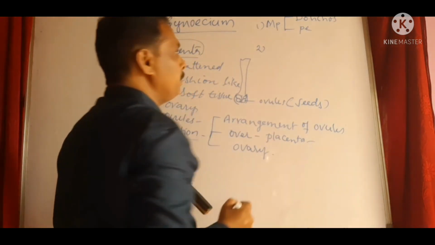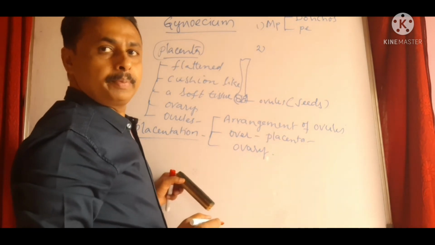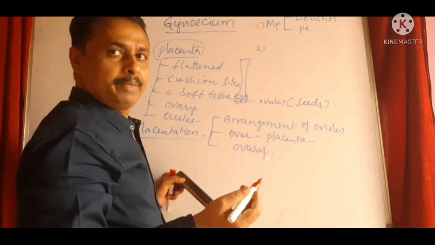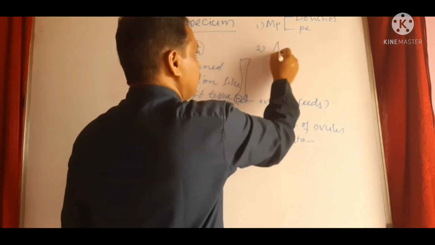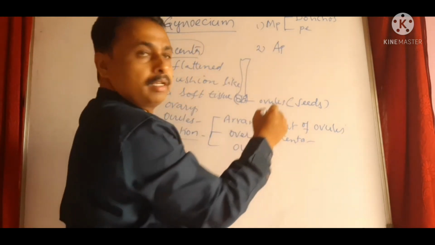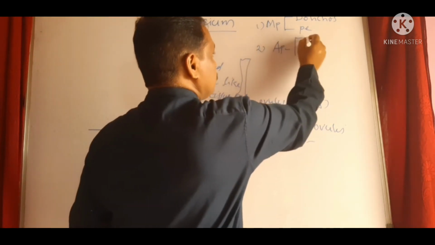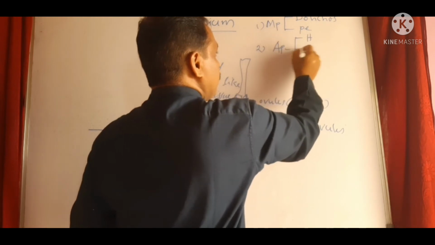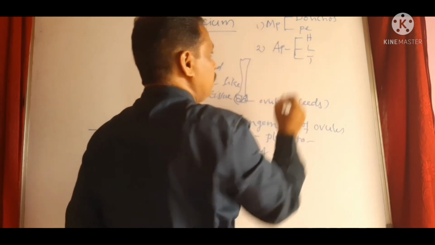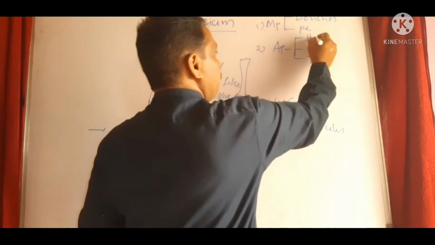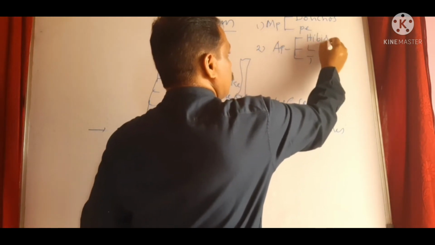The second category is AP, Andhra Pradesh. Like that we keep a code: AP means axial placentation. The example for this one is HLT, that means hibiscus, China rose,